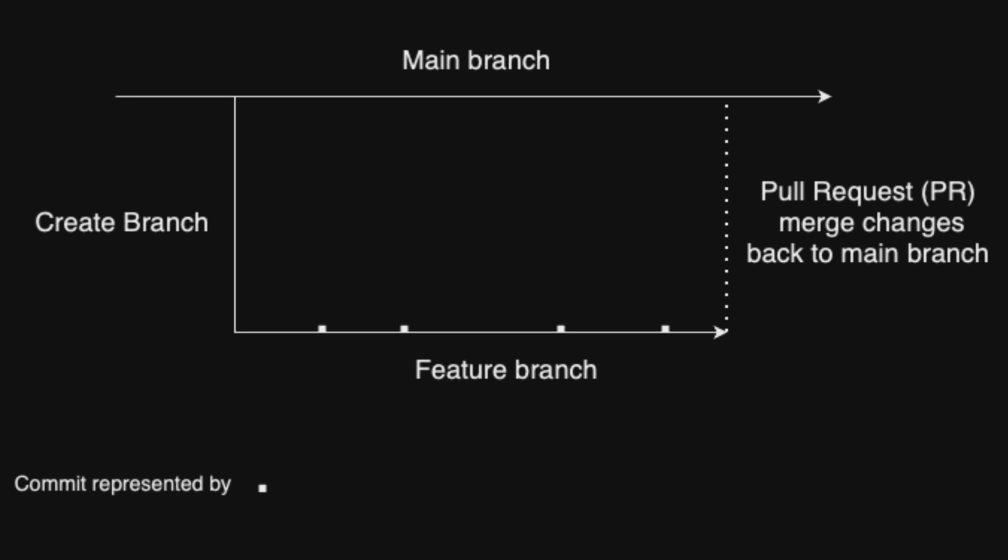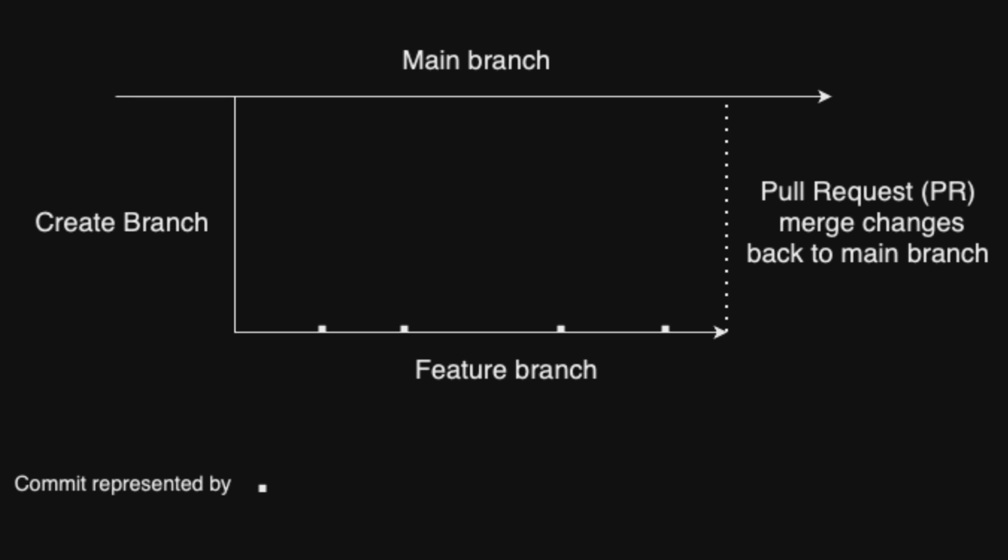The process begins with a developer branching off from the main code base to work on a specific task, such as implementing a new feature or fixing a bug. As the developer progresses, they commit changes to their branch. Once the changes are considered complete, the developer opens a pull request, signaling their intention to merge the changes into the main branch. This pull request acts as a gateway for peer review,